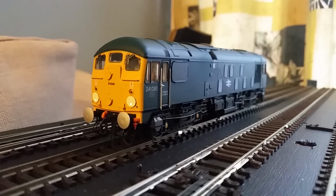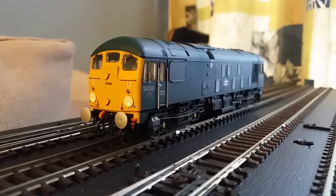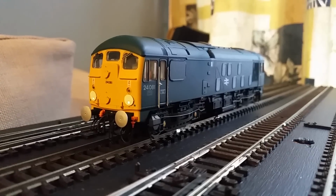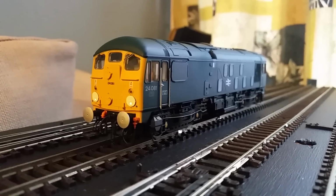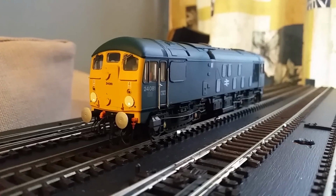And this is their first model, which is all completely new, no retooling, built from the ground up and designed with the digital controller and sound in mind. So there's loads and loads of functions on DCC. Two versions are being produced to start with. This one is